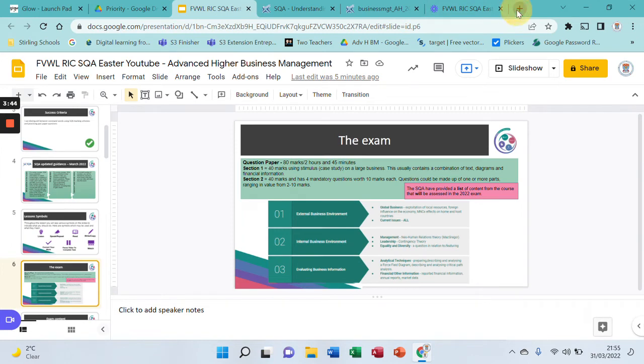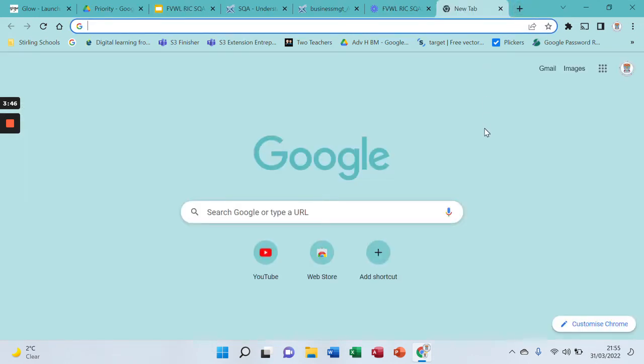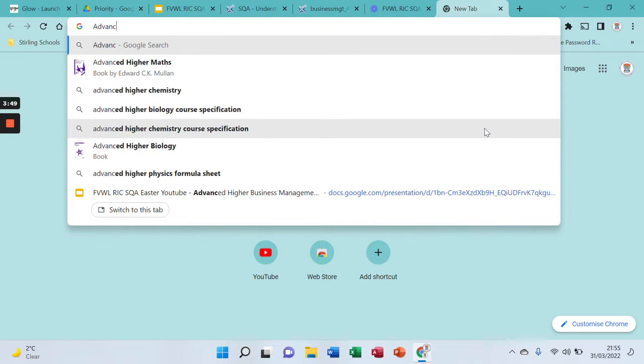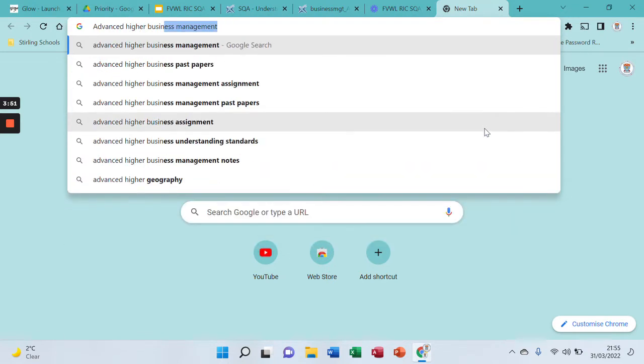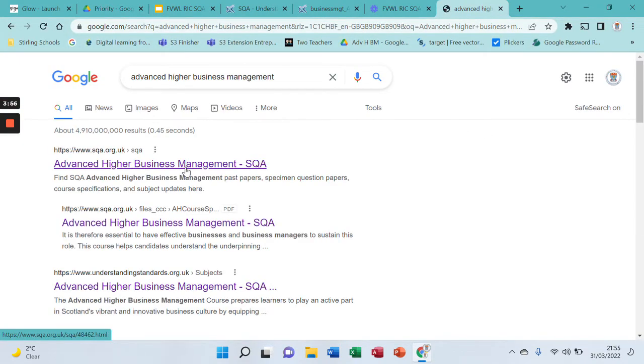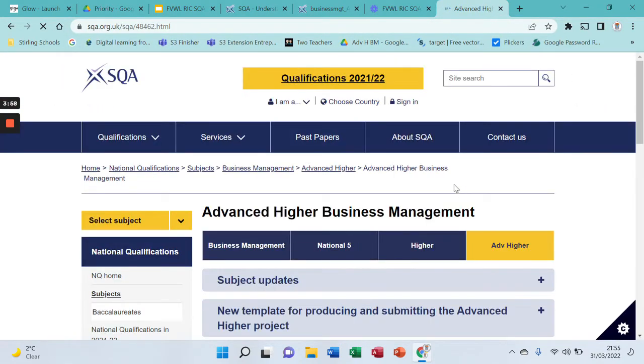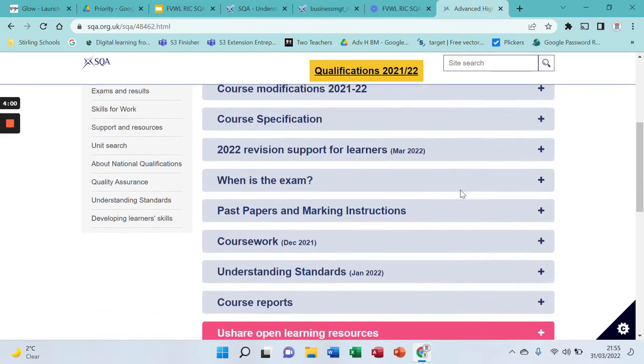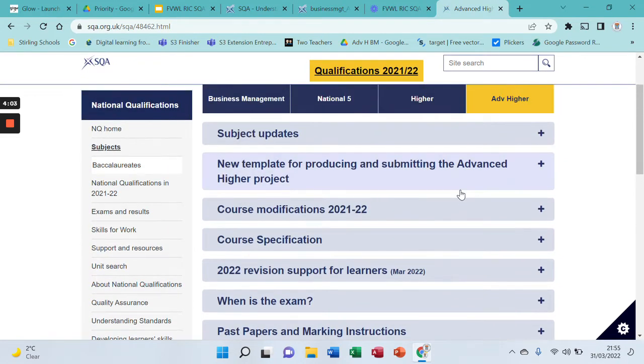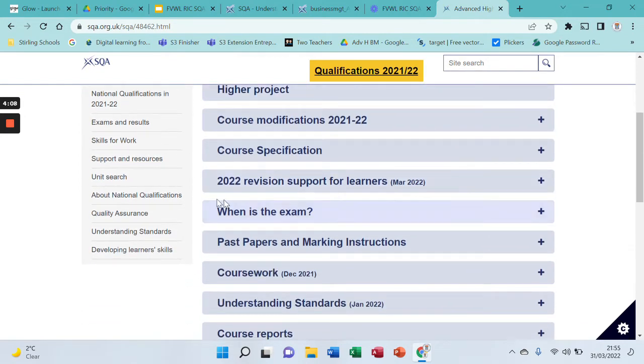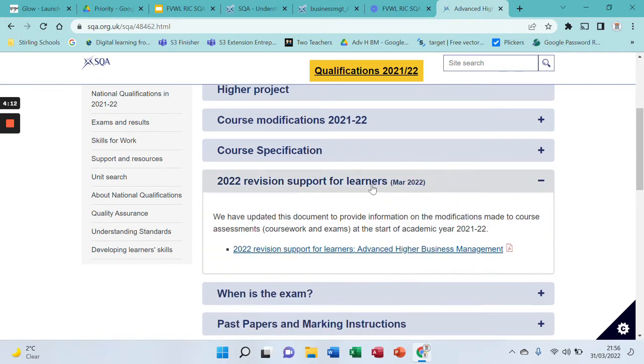So you would just go to a new Google tab, type in Advanced Higher Business Management and go directly to the SQA subject page. So this takes you to the subject page for Advanced Higher Business Management. It's the first option when you type it into Google. Then you want to click in the tab that says 2022 Revision Support for Learners, and you'll know it's the right one because it's been published March 2022. Then if you click within this link,